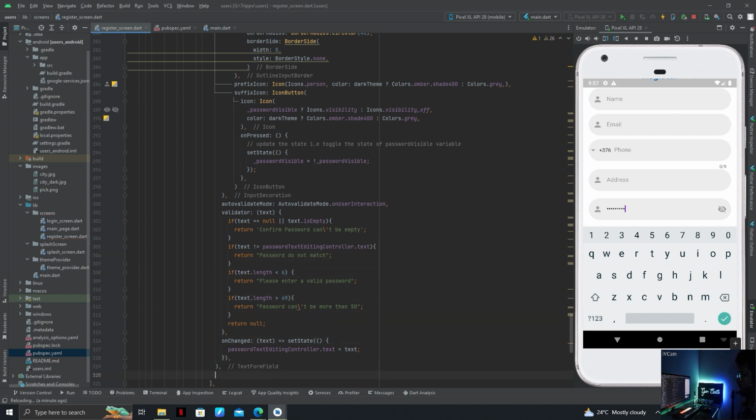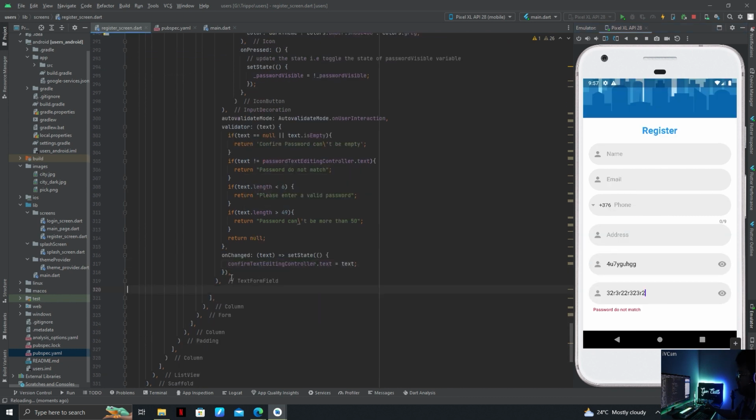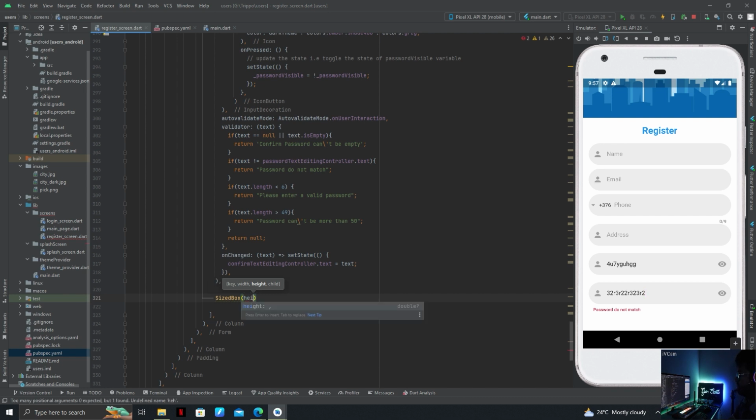I'm just designing it and confirm password text editing controller. See, our password is not matching. Let's add another size box of height 20,